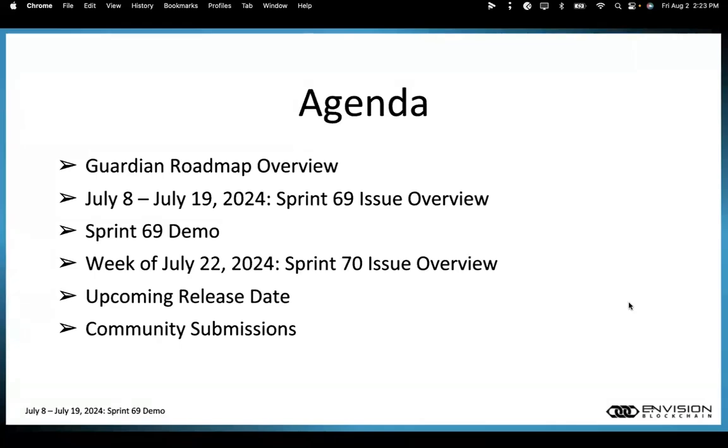So just a quick overview of the agenda. We'll be looking at the roadmap. We'll also be talking about the issues that we tackled in Sprint 69. Then we'll be flipping over and giving you a short demo on Sprint 69. Then we'll also be talking ahead of week of July 22nd, which is Sprint 70. We'll also be talking about the issues that we'll be tackling in Sprint 70. We'll be talking about the upcoming releases. And we'll be giving you some of the ways that you can either submit bugs or policy requests through various